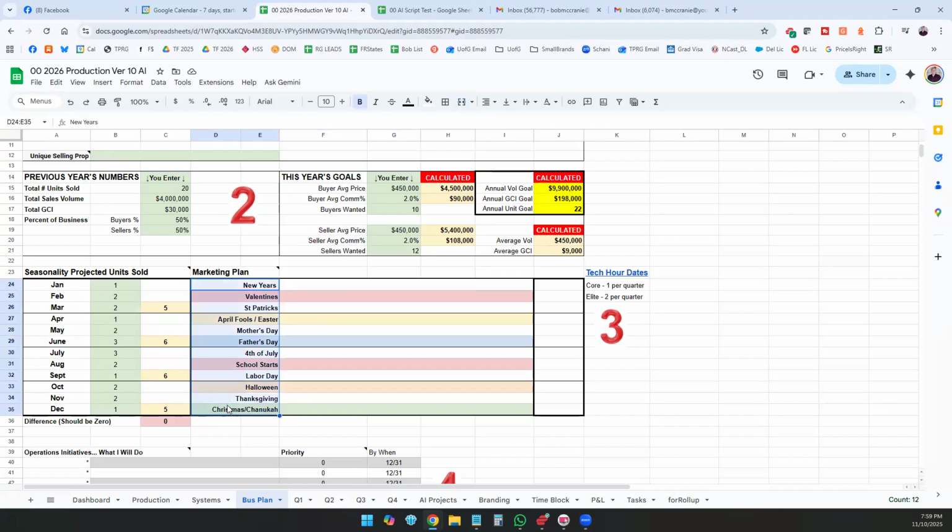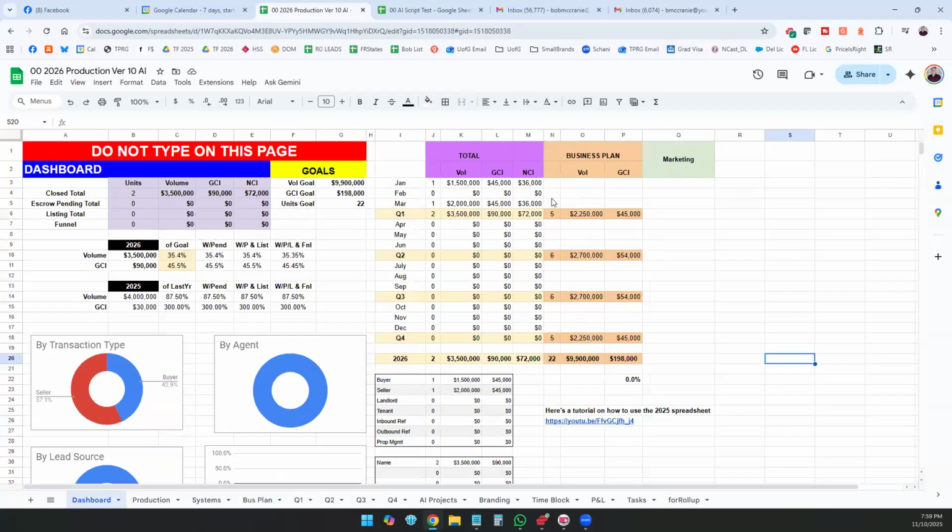Just push them aside. So, and then if you're in my coaching circle, we're going to record when your tech hours are going to be. If you're not in my coaching circle, this doesn't apply to you. But having these numbers here and this seasonality broken out, you'll see that reflected here on the